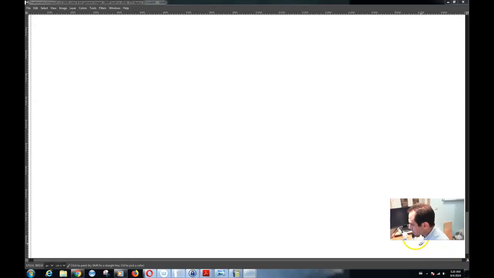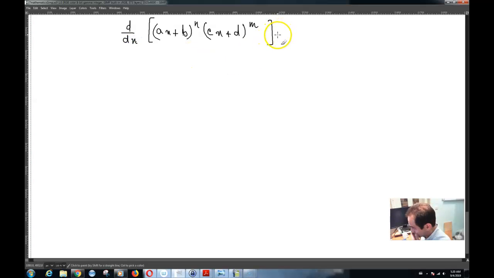Okay, so the next thing that we have here is another function, which is (ax+b) raised to the power n times (cx+d) raised to the power m, and you want to take the derivative of this function, d by dx of this. So in the previous video, which was a rather lengthy video, what we found out